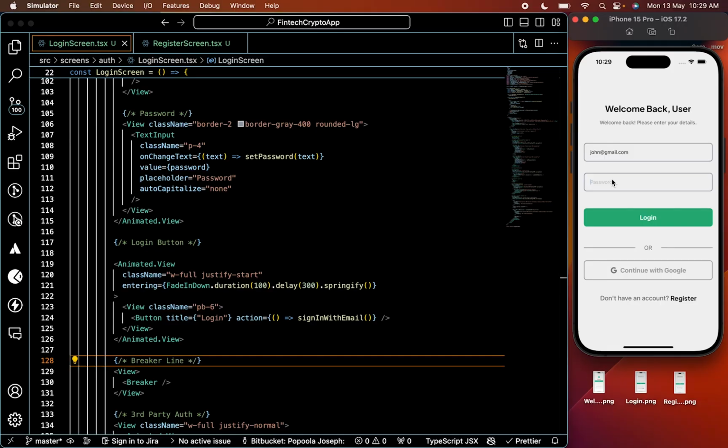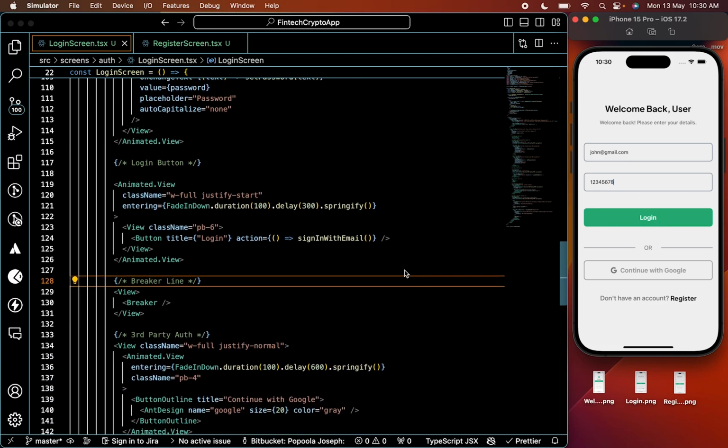I can do that, but that will just take too much of our time. And this email, I just set it up on my dashboard without verification, so I can use it for testing and all. I'm just going to type in my password right here: 1 2 3 4 5 6 7 8,